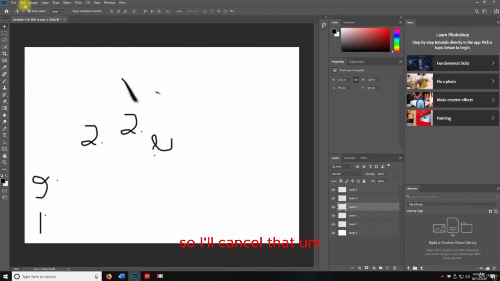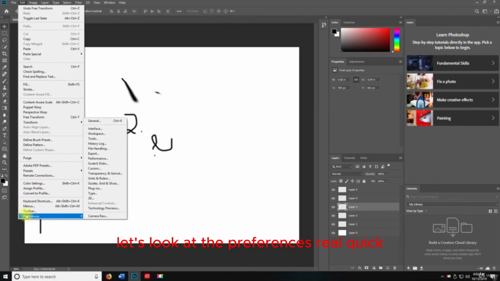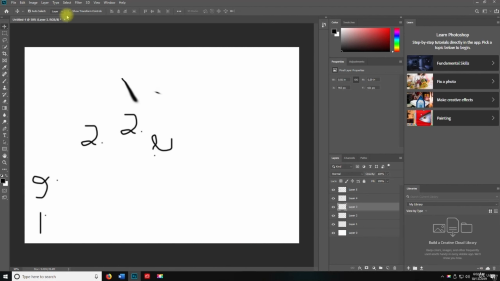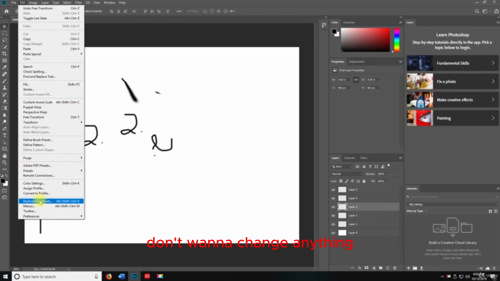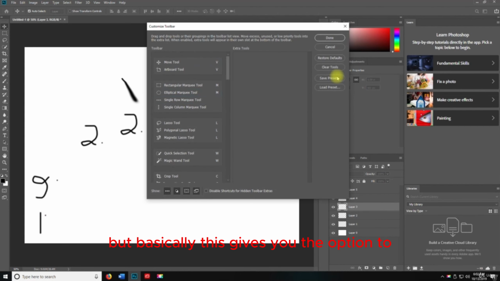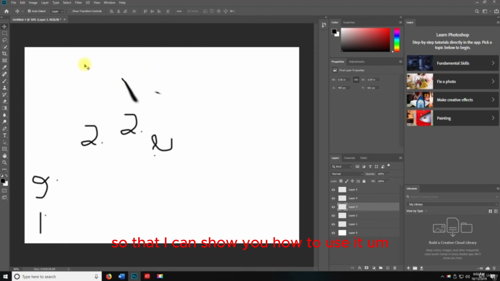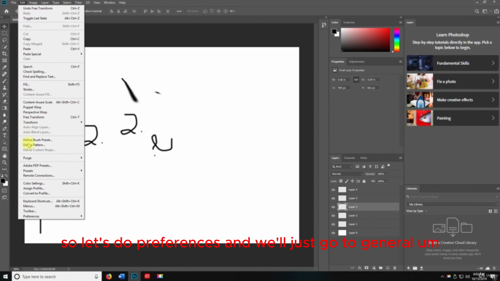All right, so I'll cancel that. Let's look at the preferences real quick. I'm not going to go over a lot of this other stuff because we're going to be going through all the menus, so I don't want to change anything. But basically, this gives you the option to go through here, and you can change the shortcuts and, you know, restore things and set defaults and load presets and all that. I don't want to do that. I want to leave it just the way it is so that I can show you how to use it. So let's do